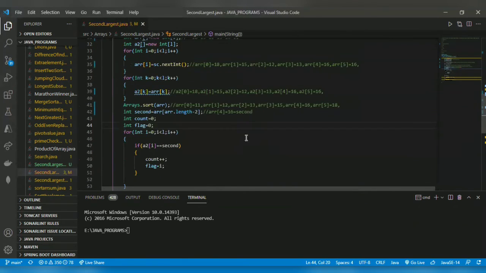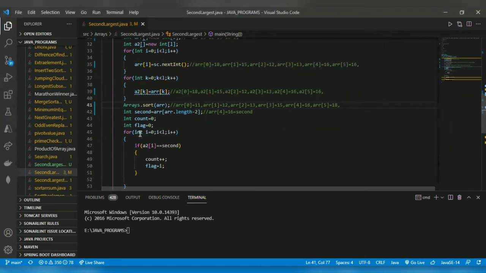So we have to iterate the duplicate array, because the first array gets sorted in this manner, so we declared a duplicate array. It stores elements as per the question. It will iterate, and when the element is 16, count will get incremented.